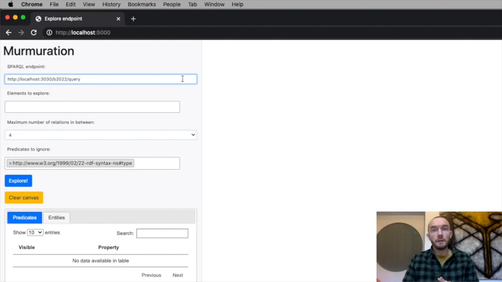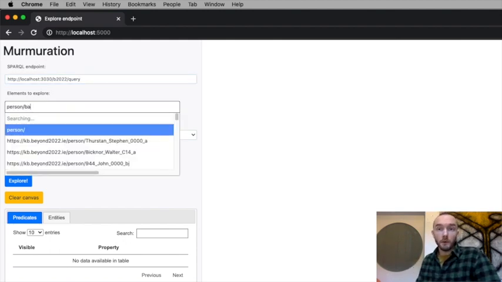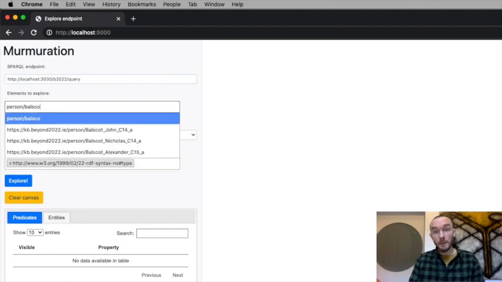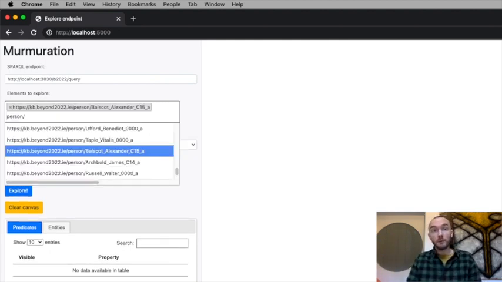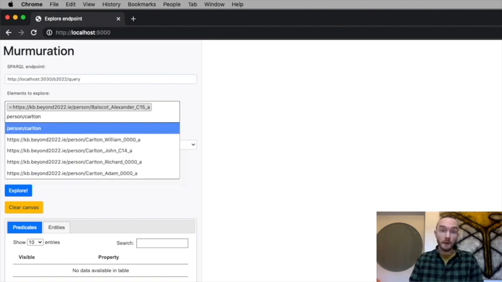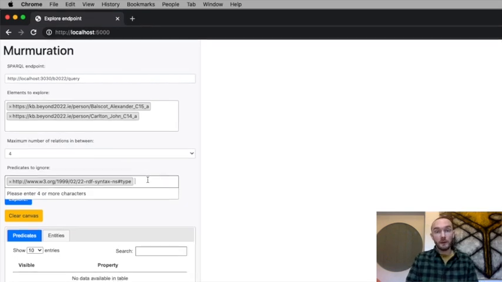I provide the URI of the SPARQL endpoint, and then I'm looking for a couple of entities, in this case people. I'm also only interested in paths between those entities of at most 4 relationships or predicates. And because I'm using a CIDOC CRM knowledge base, I can already ignore the P2 has type predicate next to